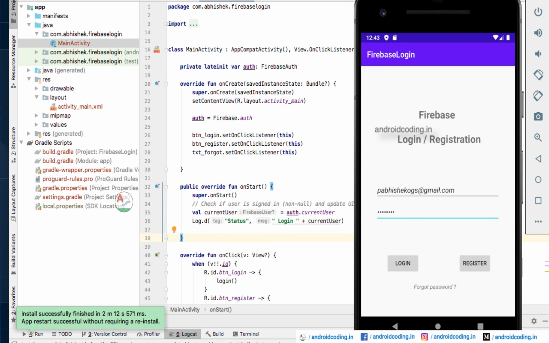You might provide anything over here. Why I am providing a Gmail address is because here I will also be getting a forgot password link, right? So it's not necessarily for Gmail, Yahoo, any email id you can provide.